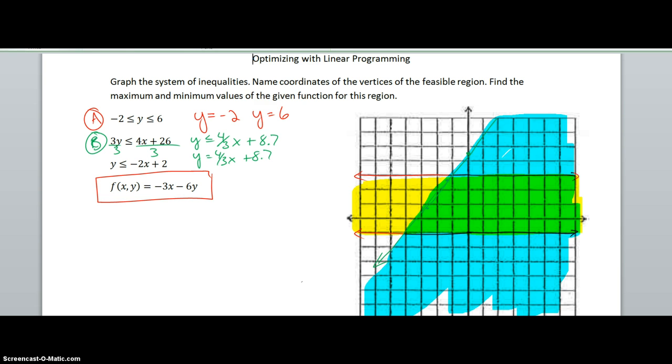Now let's graph the last one. Graph this one in blue. Okay, so equation C is already in slope-intercept form for us. So all I need to do is graph the line. The y-intercept is 2. So I'm starting at 2, which is right here. And the slope is -2. So I'm going to go up 2 and left 1, up 2 and left 1, up 2, left 1. So my line looks like this. And again, it's a solid line